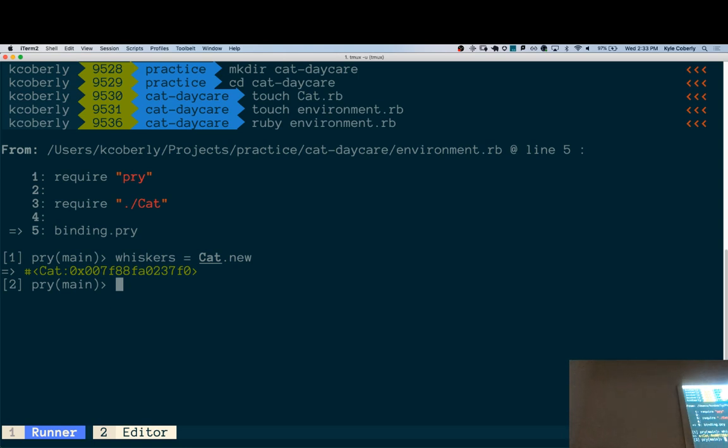Am I supposed to type on the terminal? No, you're supposed to